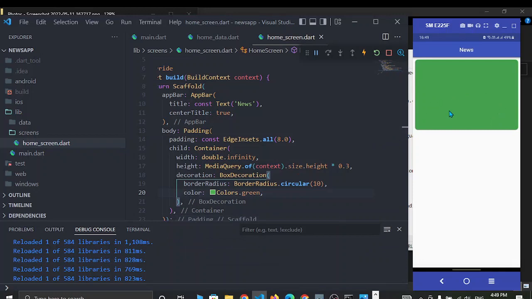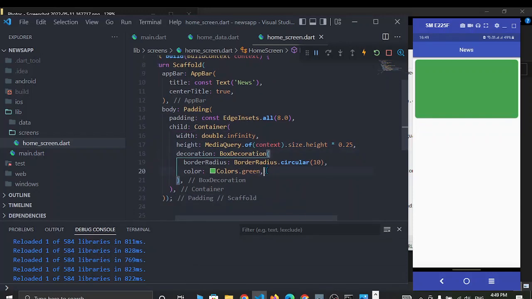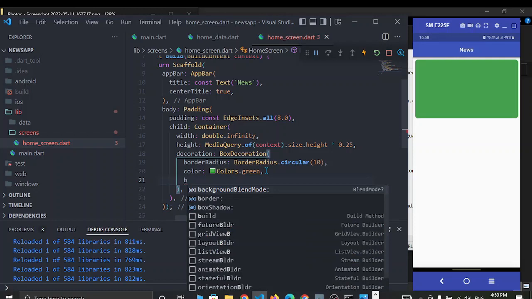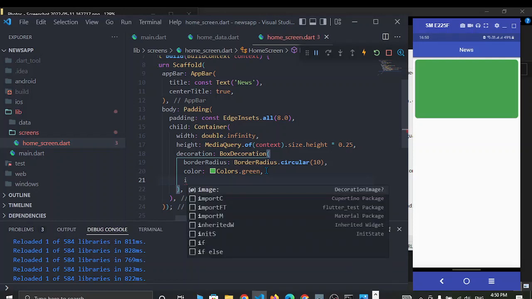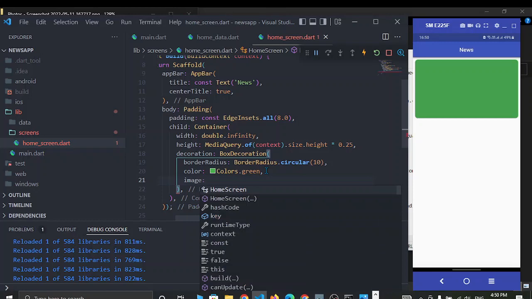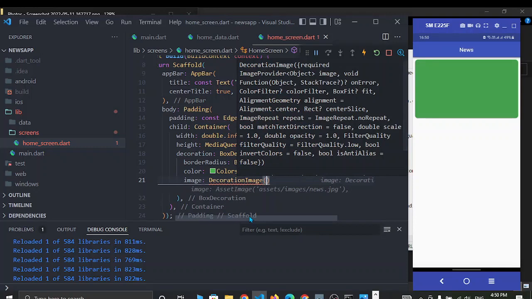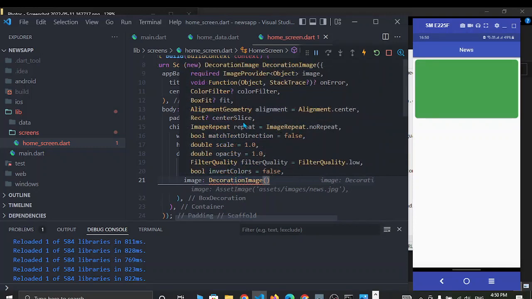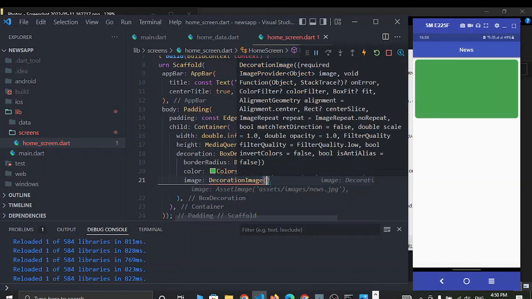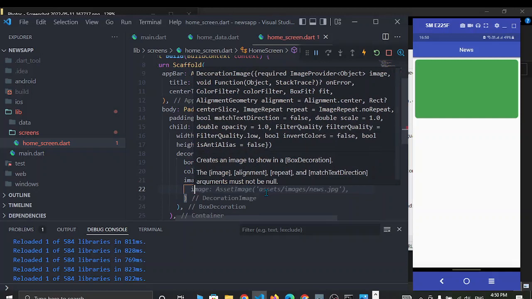As you can see here, the border radius is seen on the screen. So let me reduce height to 0.25. Okay, this looks fine. Now provide some background image. So this will take a property called image, and this image will take DecorationImage. Again, this will take image. If you hover over here, then you can see this image property is required. So let's give image,